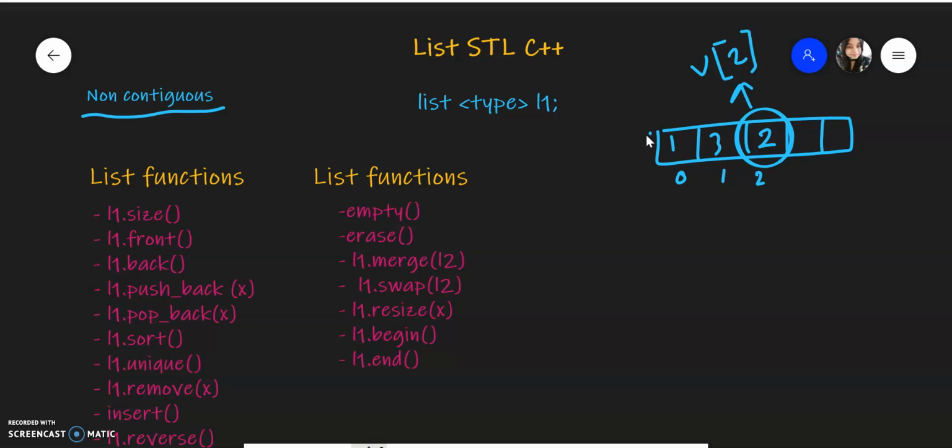But that is not the case in a list, because it is not stored in a contiguous memory location. You can think of it as a linked list where it is stored in different locations. So you cannot have a random access of the element.